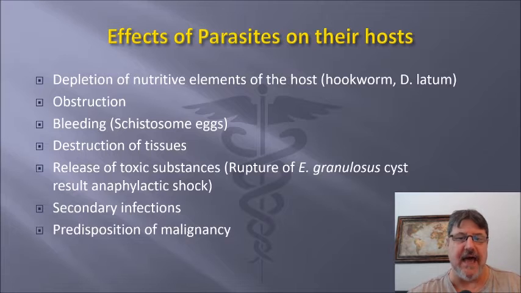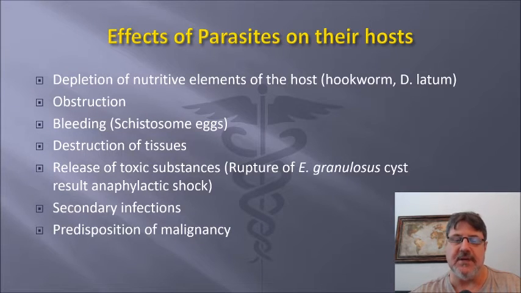Effects of parasites on their hosts. A lot of different pathology can go on here. The depletion of nutritive elements of the host. Hookworm is a great example. The hookworm attaches to the intestine and drinks blood, and these people can sometimes have iron deficiency anemia. Obstruction, Ascaris lumbricoides. You get enough of these worms that form a bolus in the intestine, you can have intestinal obstruction. Bleeding,